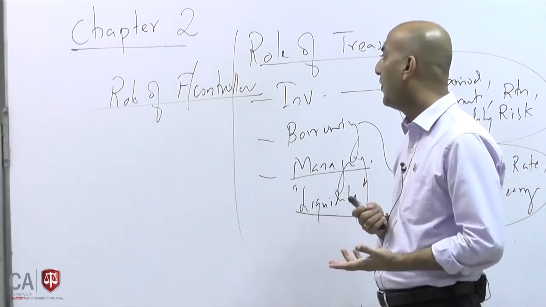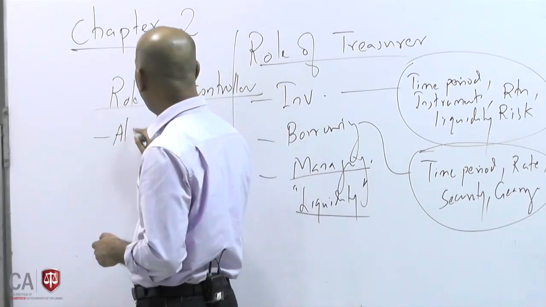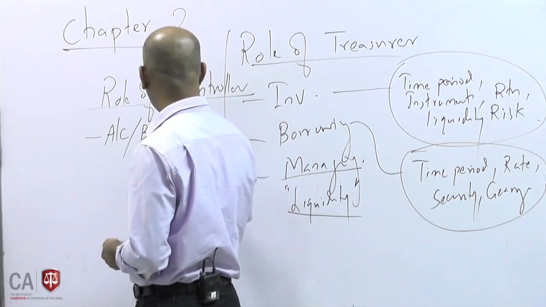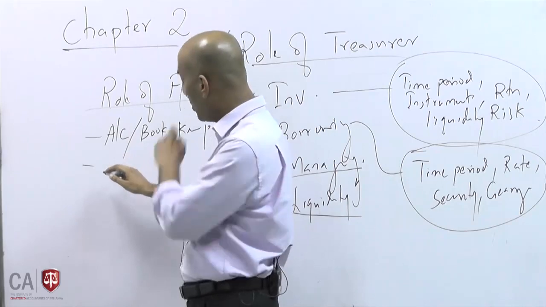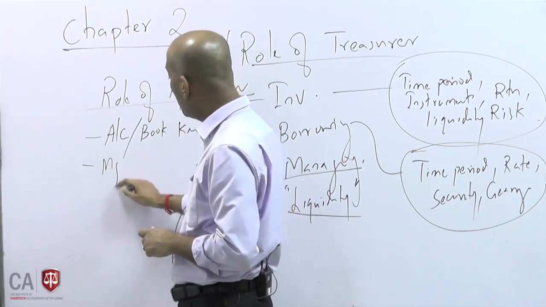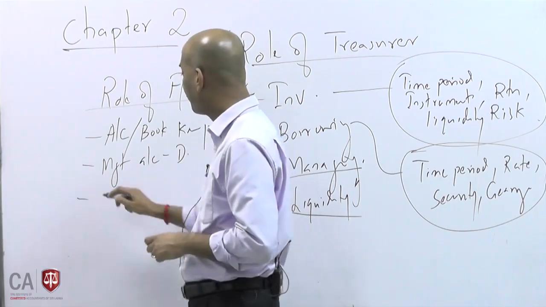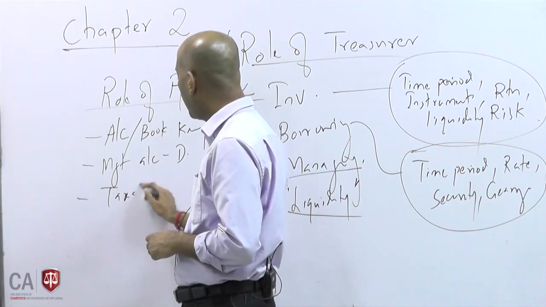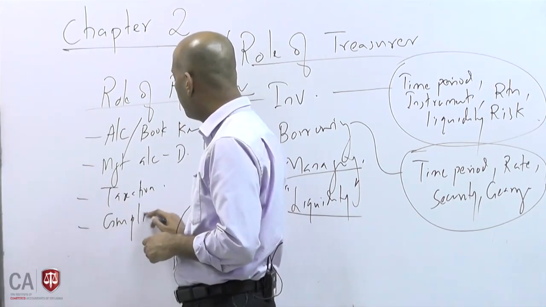You being a financial controller, you have to ensure that your accounts are properly recorded, and the bookkeeping and accounts preparation job is done in the organization, and you prepare the management accounts for decision making, and then you will look after the taxation activities, taxation planning, all that, and your compliance role,